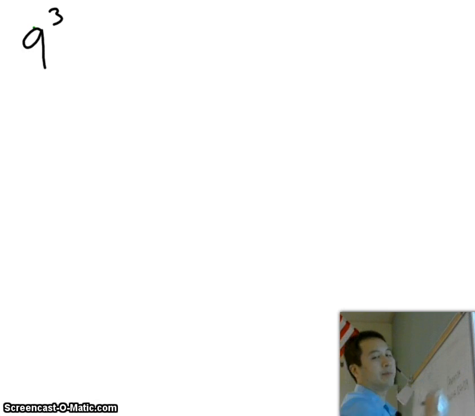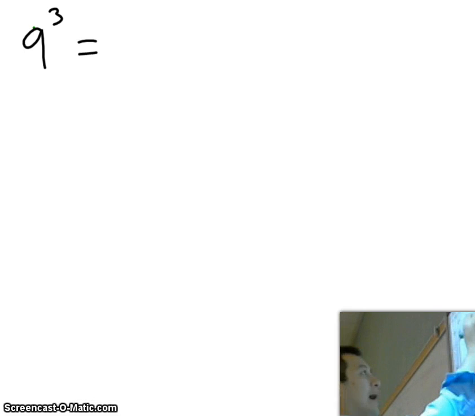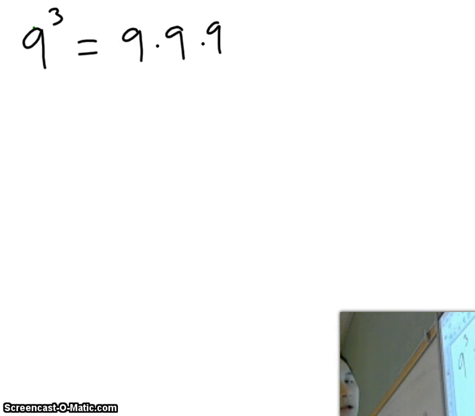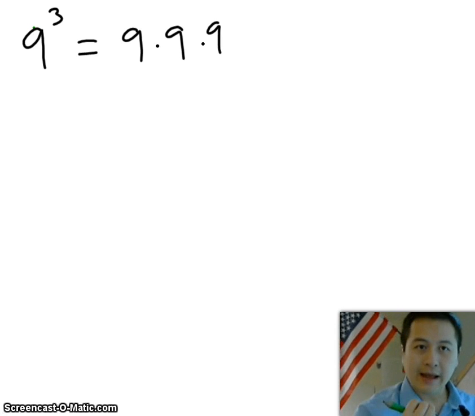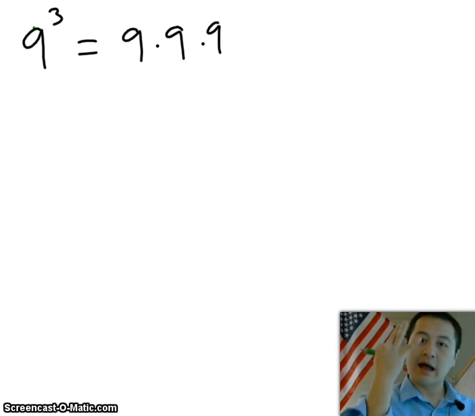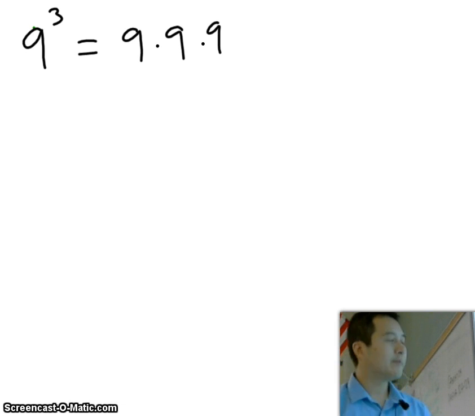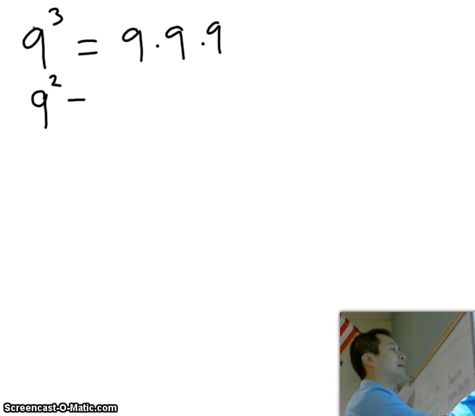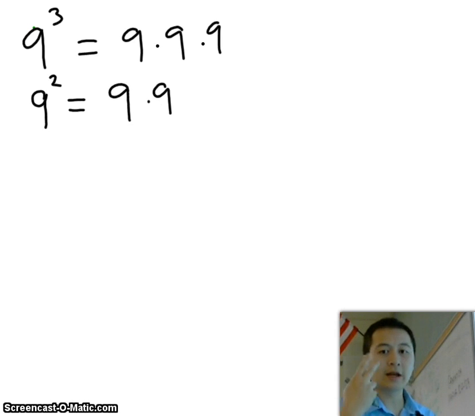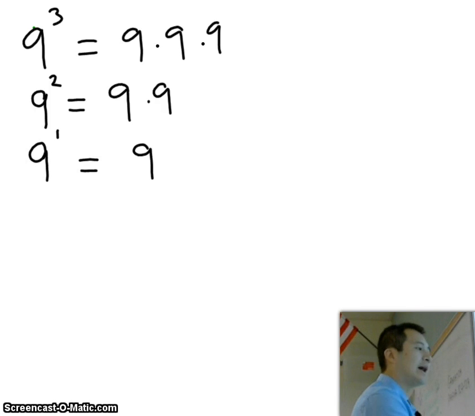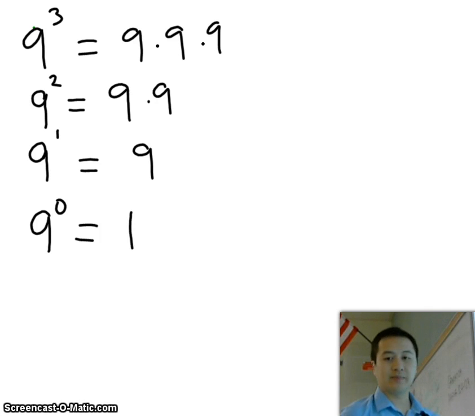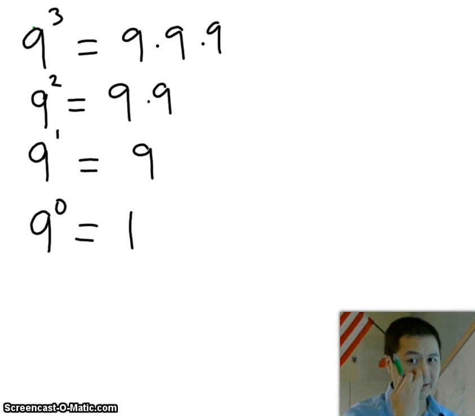9 to the 3rd power. That means 9 times 9 times 9. That means 9 three times, 9 multiplied 3 times. Got it? What does 9 squared mean? That means 9 times 9. Multiply 9 twice. What does 9 to the 1st power mean? That means multiply 9 once. What does 9 to the 0 power mean? That means multiply 9 0 times. This is actually a concept of 1. I'll explain that a little bit later, but